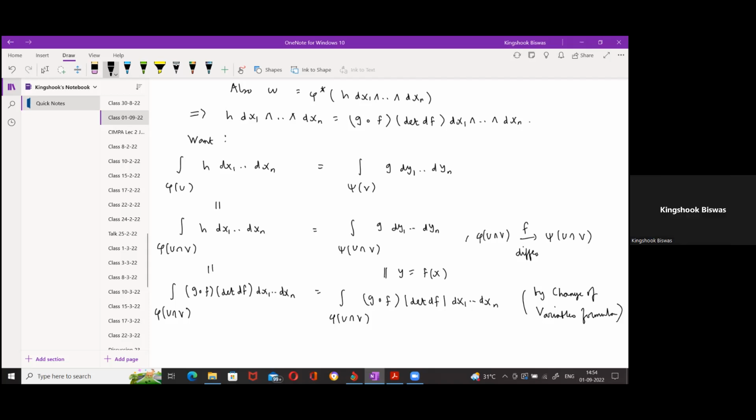So now can you see what the problem is? What do you need for these two to be equal? Must have determinant dF positive. Right. So what we want, so thus we want